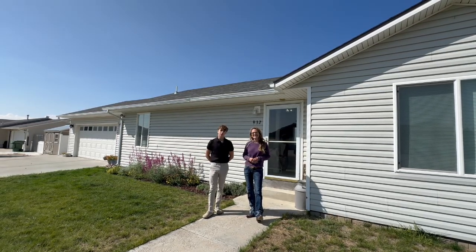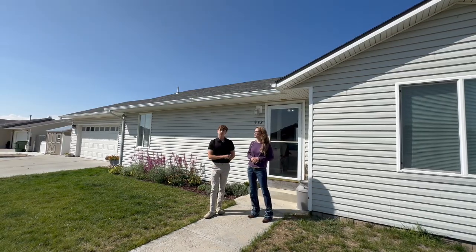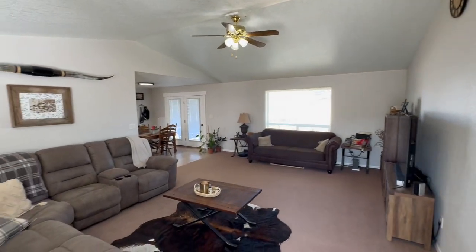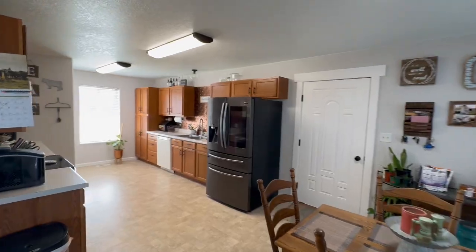Welcome to our newest listing here at 932 Skyline Drive. It's on a corner lot, 4 bedrooms, 3 bathrooms, with a 2-car garage, and it's been beautifully maintained. Let's go look inside. Inside, you'll find an open, comfortable layout that flows naturally. The bright living room connects seamlessly to the dining area and kitchen, creating a space that feels both welcoming and